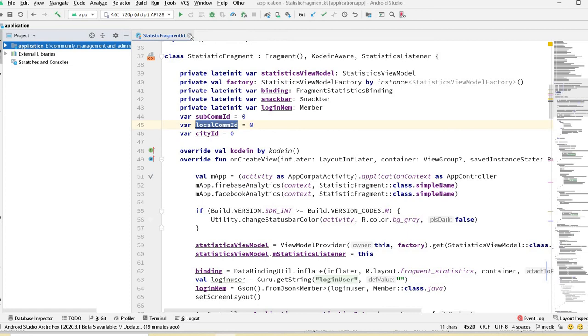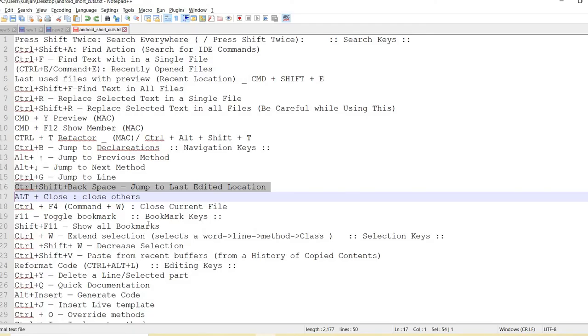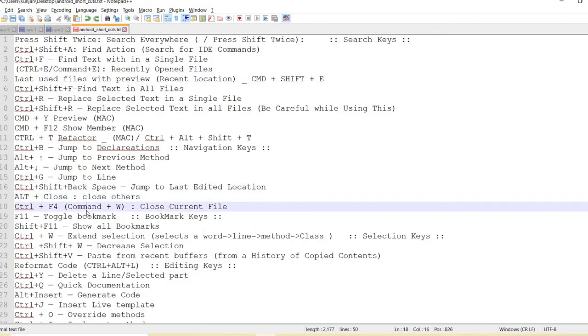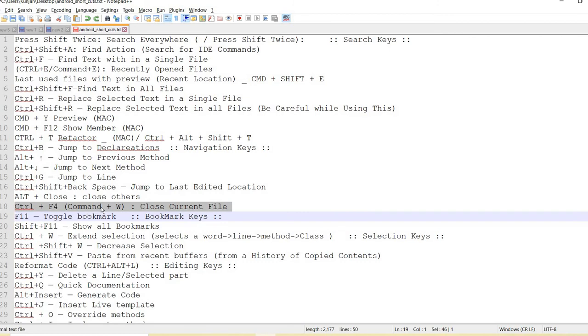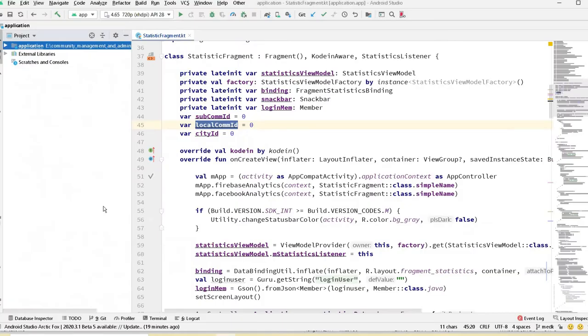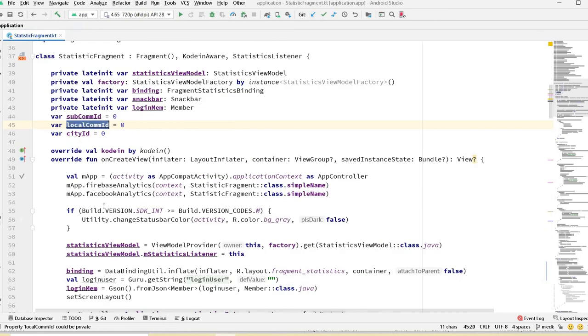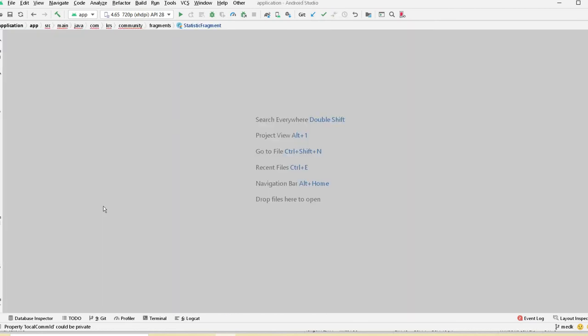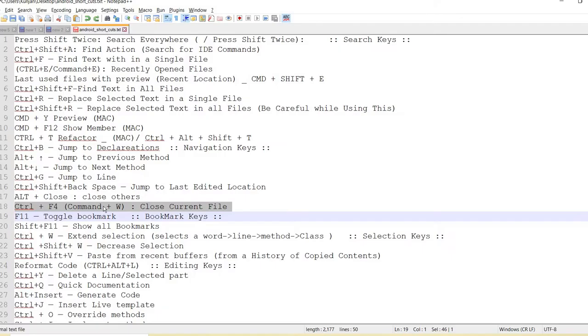It will close other files. And if I want to close the current file, the shortcut is Control F4 for Windows and Command W for MacBook. It will close the current file.